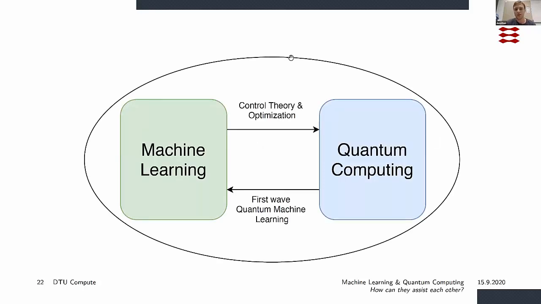So Bayesian optimization is sort of mostly focusing on this part right here. This is the optimization, the control theory and the optimization part of the quantum computer itself. But it's again tied together with all of this, where we actually want to solve some intelligent decision process or generative process in terms of machine learning.